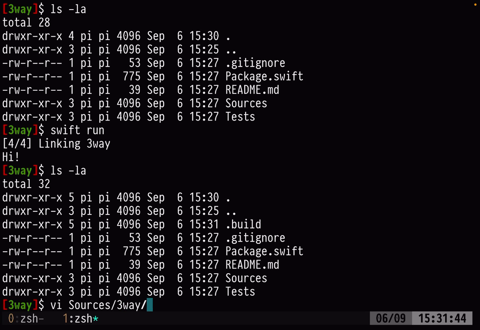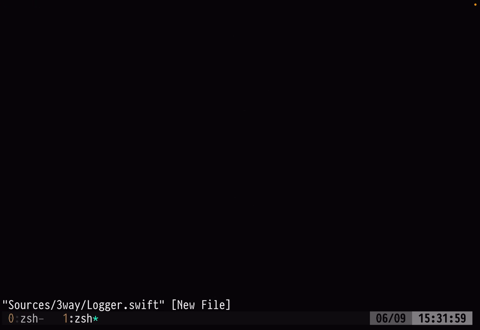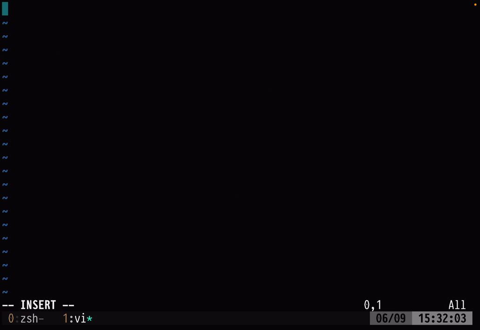We will call it logger.swift, and inside this file we will create a struct called logger,